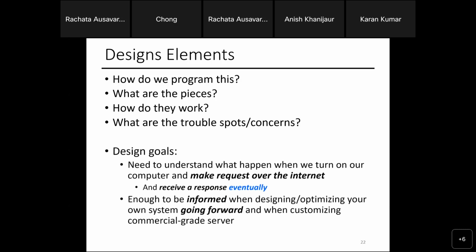So here's the design goal. Basically, first, for the internet, you need to understand what happens when we turn on our computer and make a request over the internet. If you go to Google, what actually happened? That's the first thing you have to understand, right?